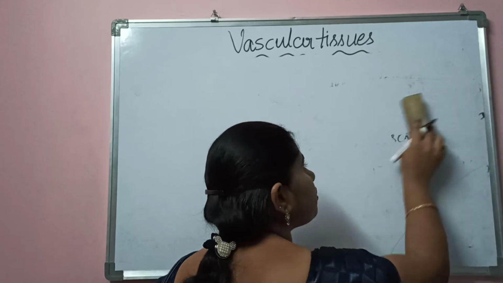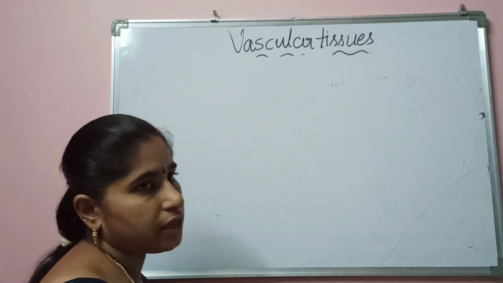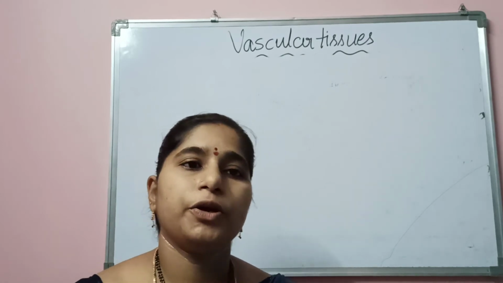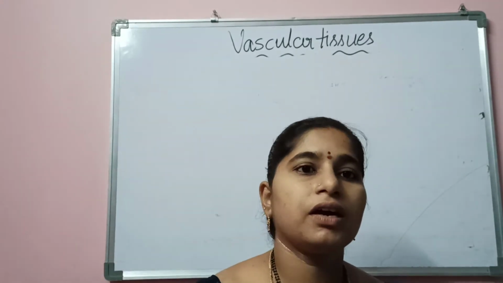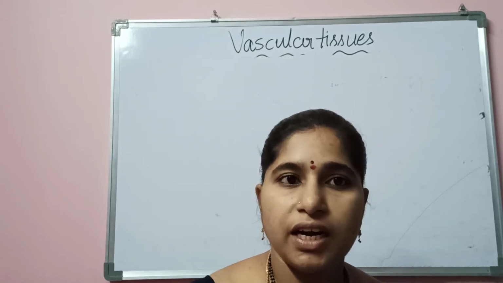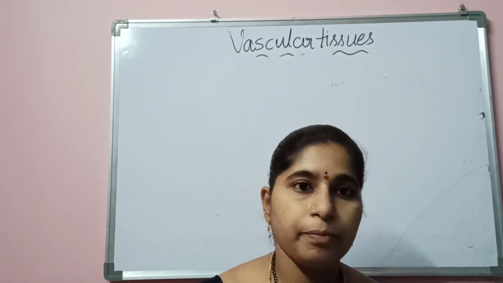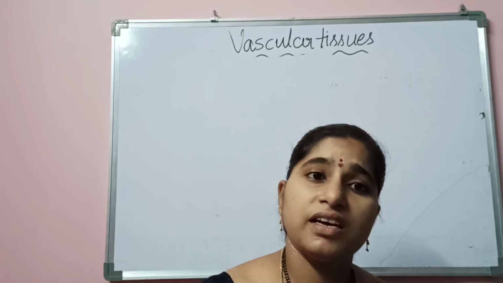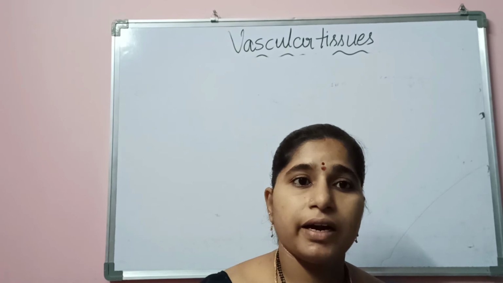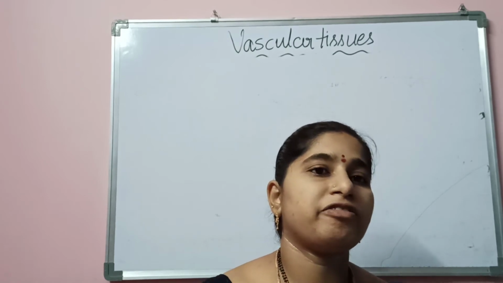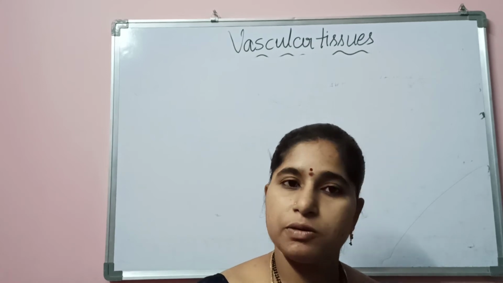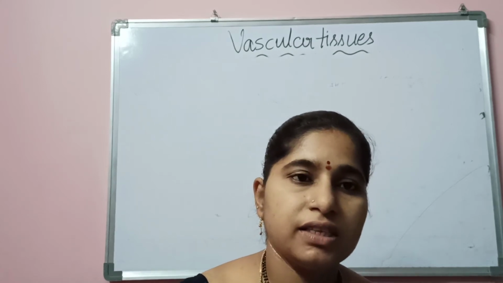It is made up of the sieve tube elements, companion cells, phloem fibers and phloem parenchyma. The sieve tube elements are lacking the nucleus, so they work combinedly with the companion cells for the transportation of the food material. The phloem fibers are generally dead cells, and they are made up of sclerenchymatous tissue. As they are made up of sclerenchymatous tissue, they are very hard in nature, and they are obtained from plants like sun hemp and flax. Those are commercially used nowadays. The phloem parenchyma, as usual, is made up of cellulose, and it has dense cytoplasm and the nucleus.